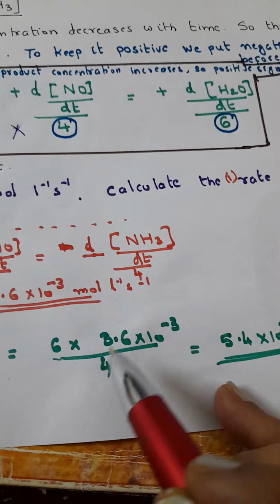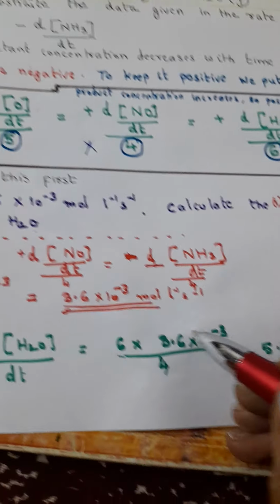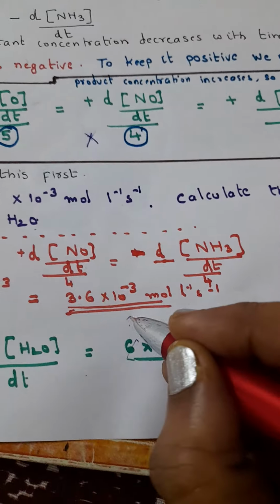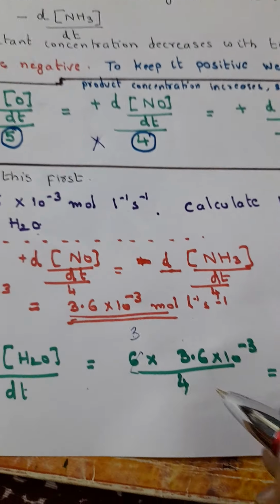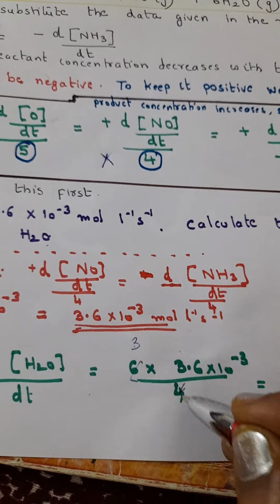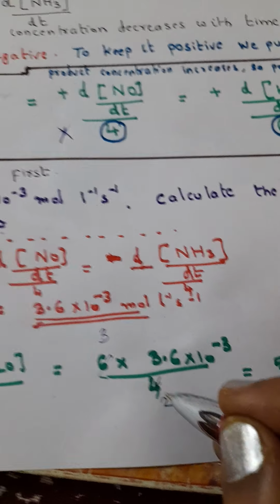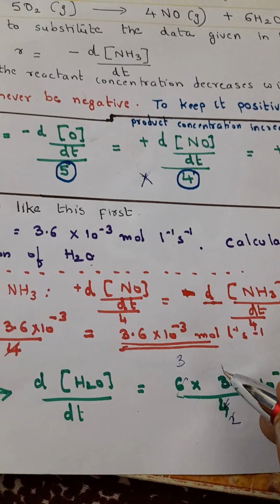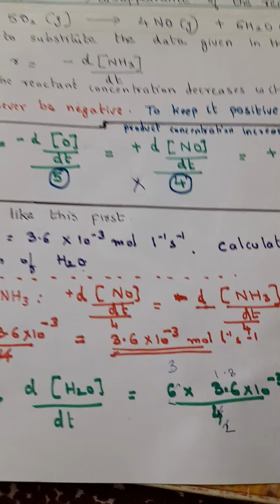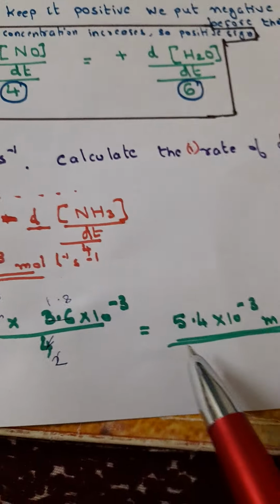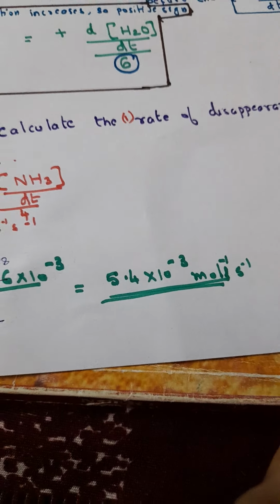So what you have to do, cancel out this. Okay, 6 here, 2 times, 3 times, we cancel it with 2 again, 2, 4, 2 times again, this 2, ones are 2, 1.8. So 1.8 into 3, 5.4 into 10 raised to minus 3 will be the rate of